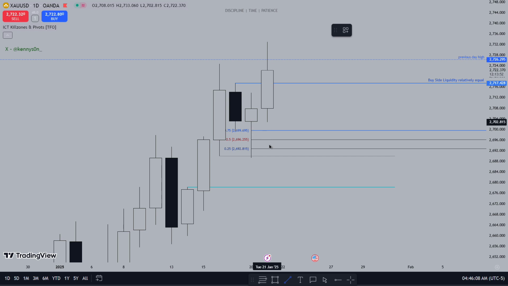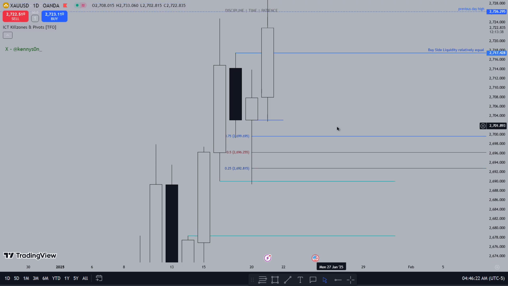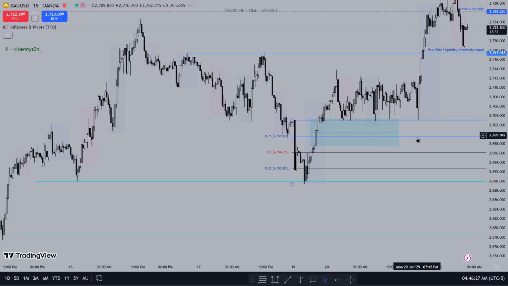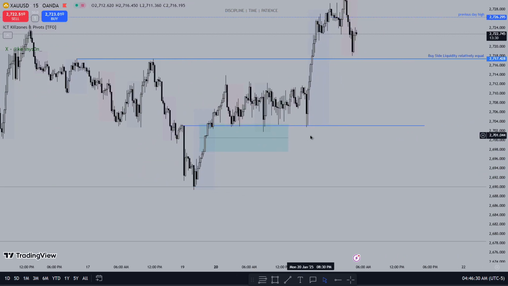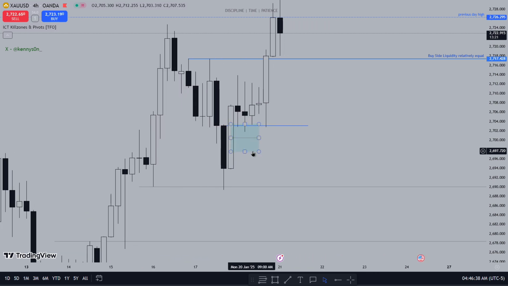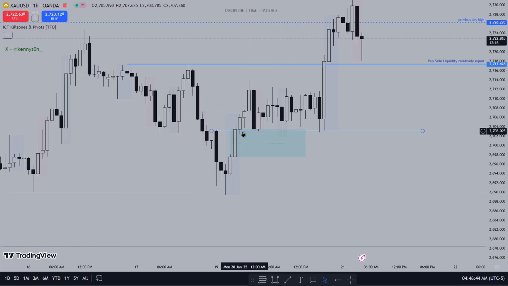We failed to even trade to the upper quadrant of the rejection block, which shows very much bullishness today. We just traded to the opening price of the rejection block, and let me take this off. That so happens to be what? That so happens to be our hourly order block. This is not random, folks.